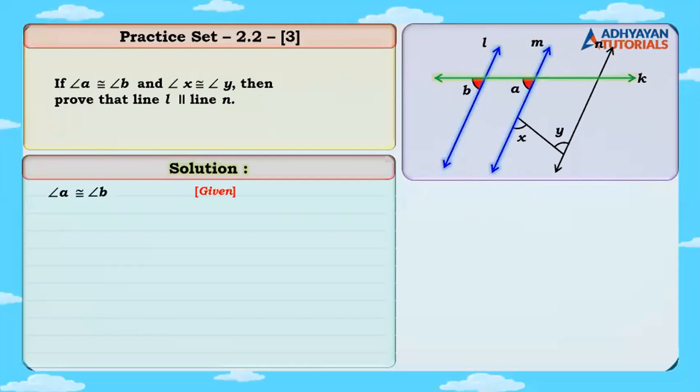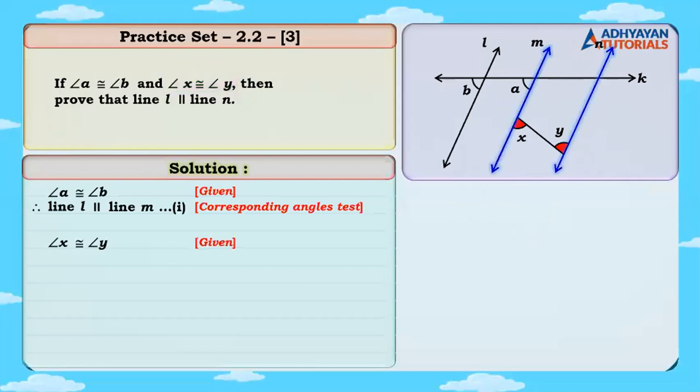Okay, I'll just state that line L is parallel to line M. The reason being corresponding angles. The next part which is given is angle X is congruent to angle Y. So children, if you look in the figure, X and Y together, they form which alphabet? Z. Is the Z visible? Right. So Z means what type of angles? Alternate angles. So if the alternate angles are congruent, then the lines are parallel. Now which two lines are parallel? Line M and line N. So since alternate angles are congruent, which is given,